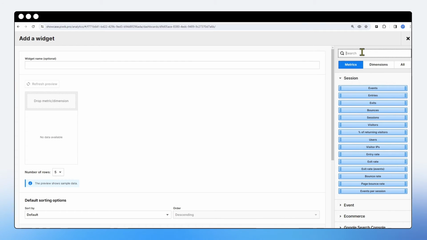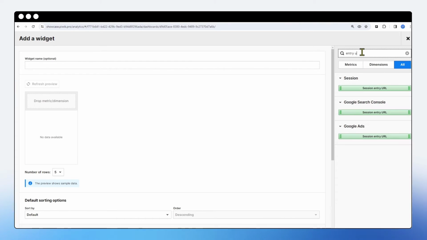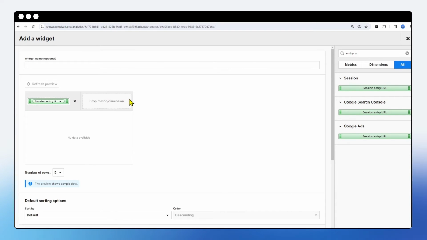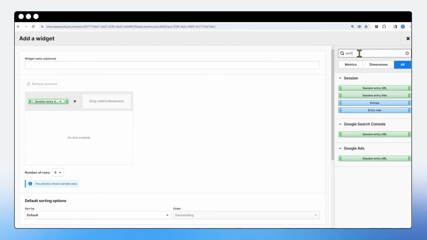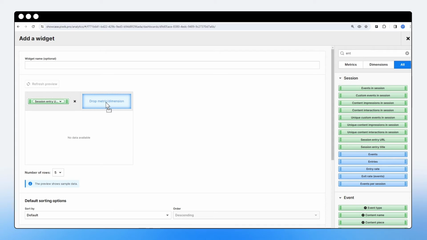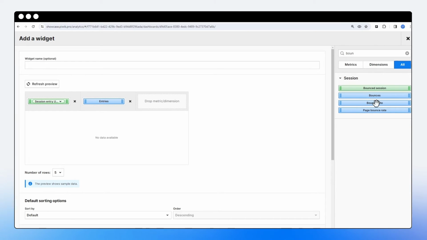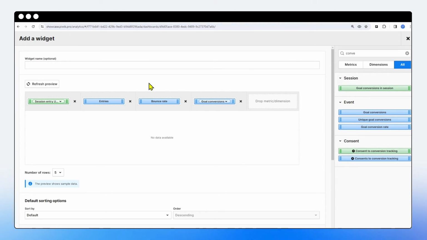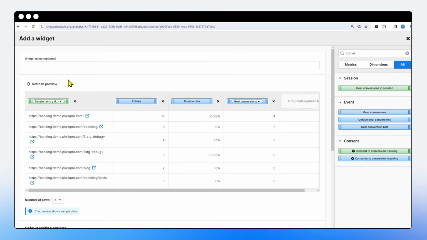I'm going to add session entry URL dimension. You can think about it as a landing page dimension. We're going to add entries, the corresponding metric to the session entry URL, and we're going to add bounce rate, and finally conversions. So what we're going to see here, I'm going to see landing pages and their performance, and the performance based on number of entries,